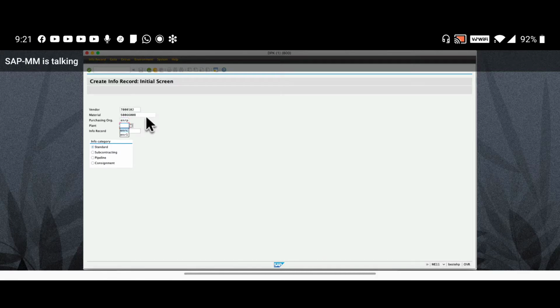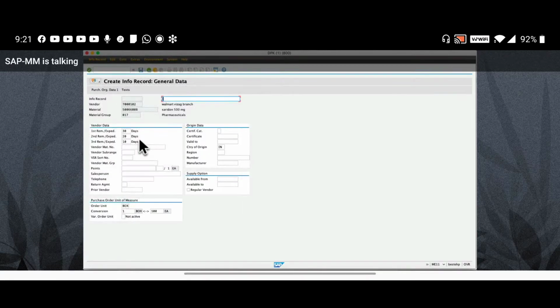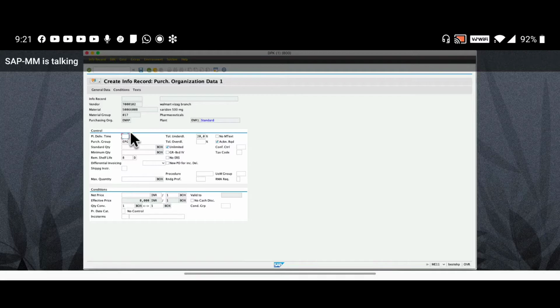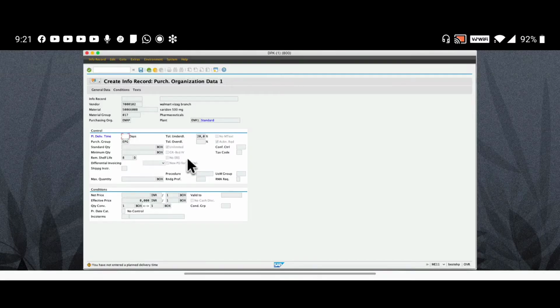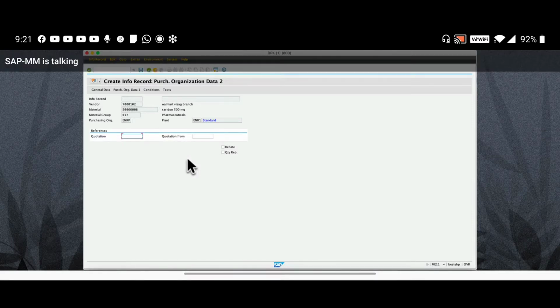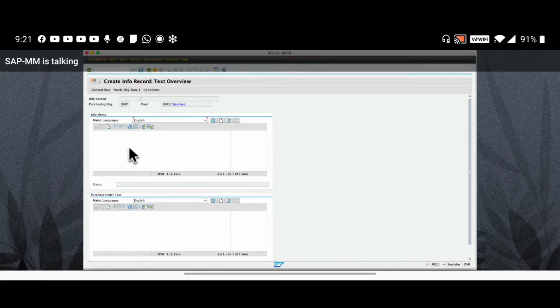Done. After maintaining all required fields, click on the save icon to save the purchase info record. Here guys, text tab. If you want to maintain any information, you just maintain here.